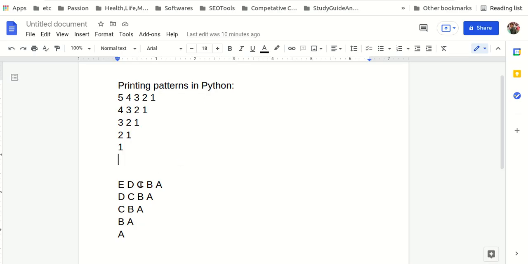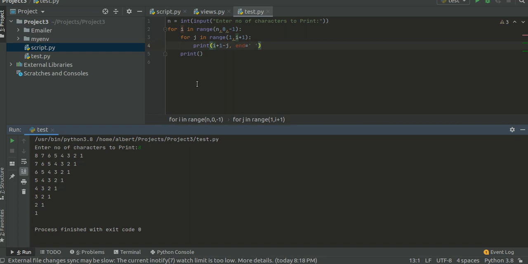Now we'll check for the characters. Now what the characters are? E, D, C, B, A. Okay. D, C, B, A, C, B, A, and B, A, and then A. So what we can do? We have to print E first. Okay. So here